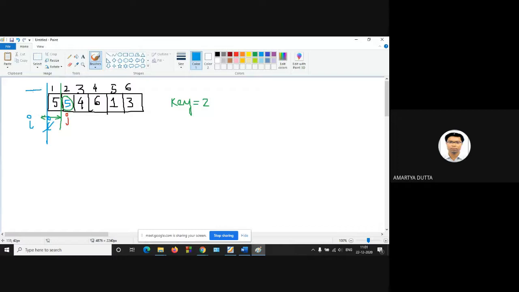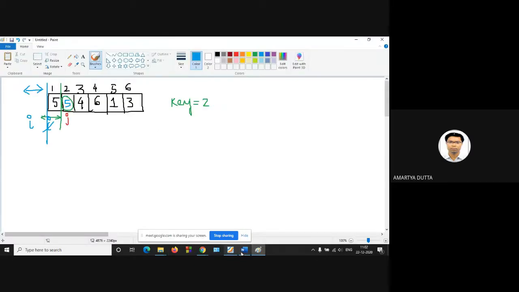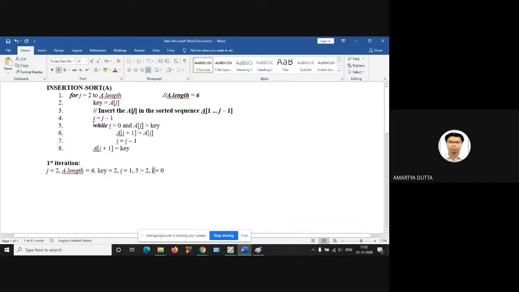This is your boundary. Now, while I is greater than 0, is it true? False. So when I is 0, your while loop will not be executed, line number 5 to line number 7.